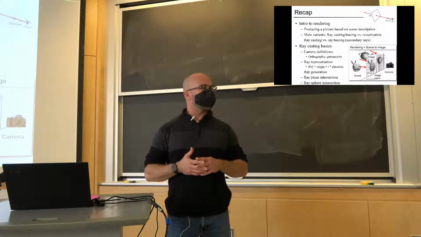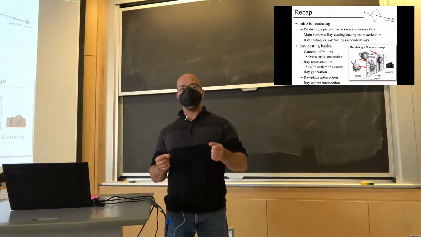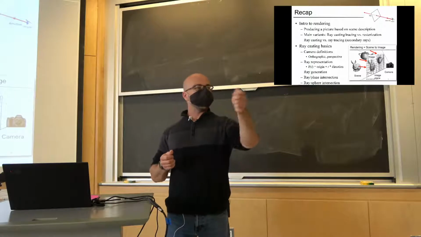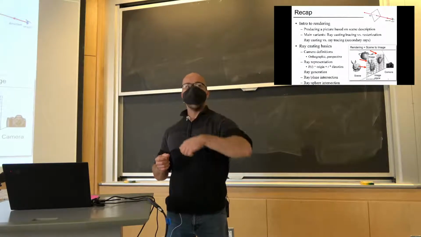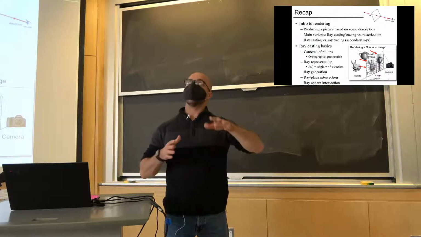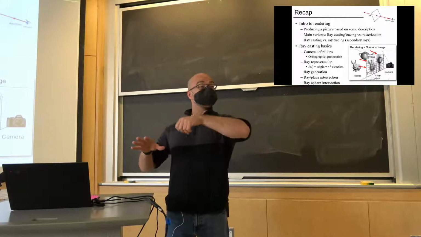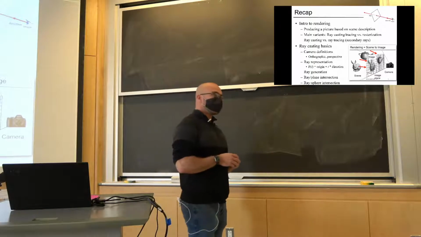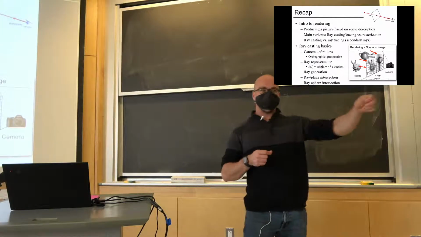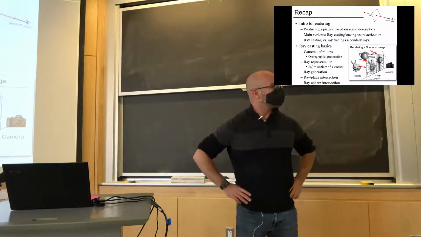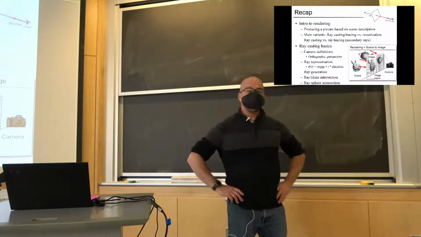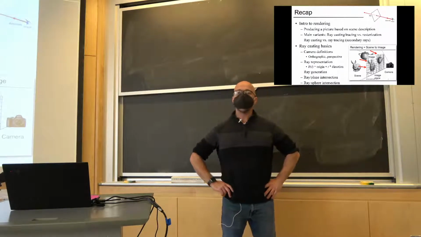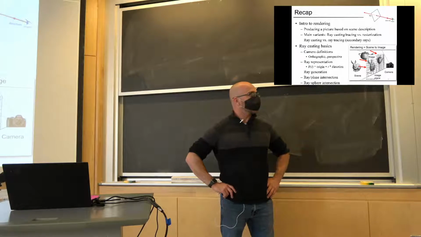In ray tracing, you produce a bunch of rays, and you figure out what object those rays run into. And then in rasterization, you iterate over each object and paint it one at a time. That's the basic difference. In our previous lecture, we went through the really basic aspects of ray casting,